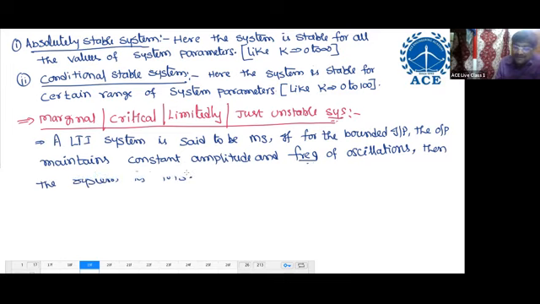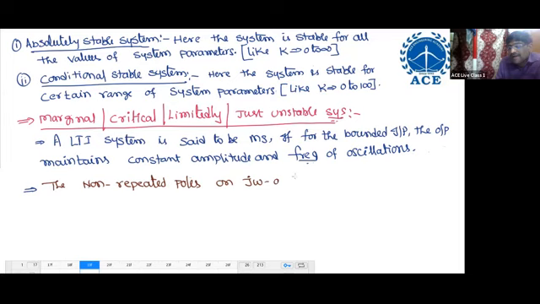Already I told you, the linear time invariant system is marginally stable. So when you get this condition, the non-repeated poles on the imaginary axis, the non-repeated poles on the j omega axis,